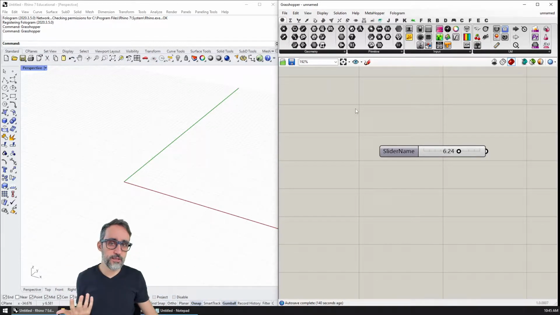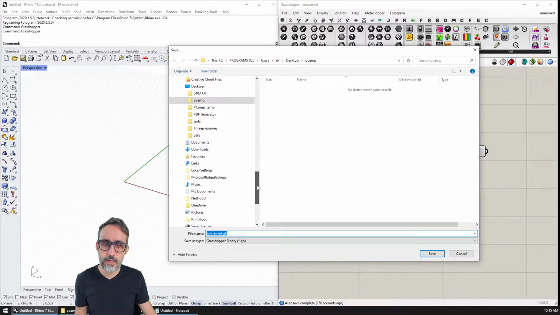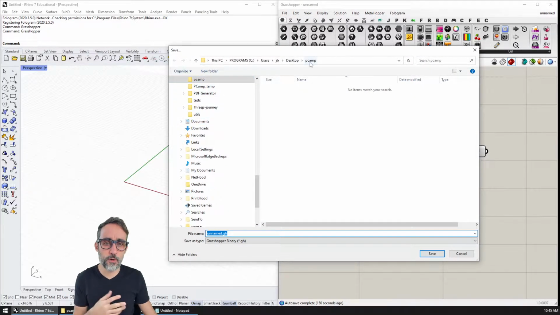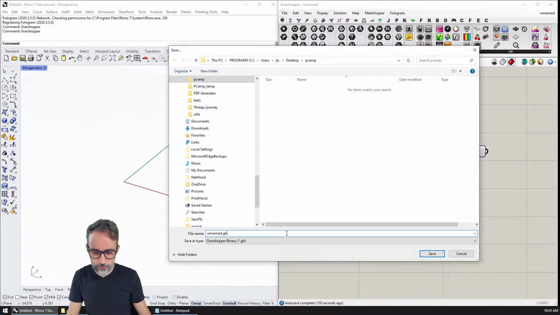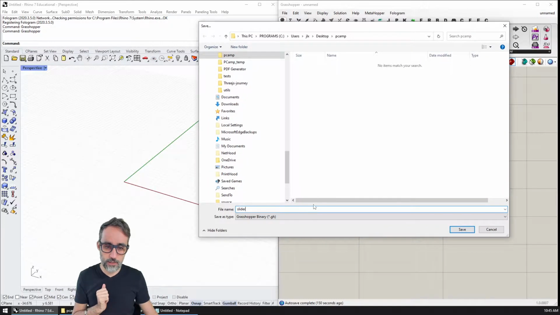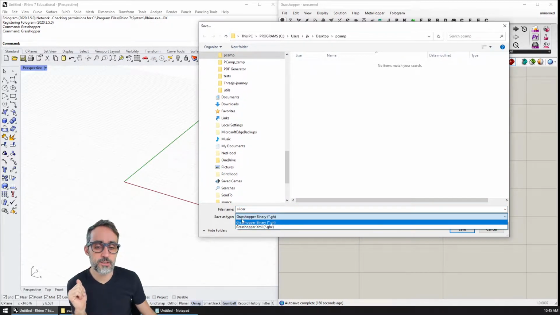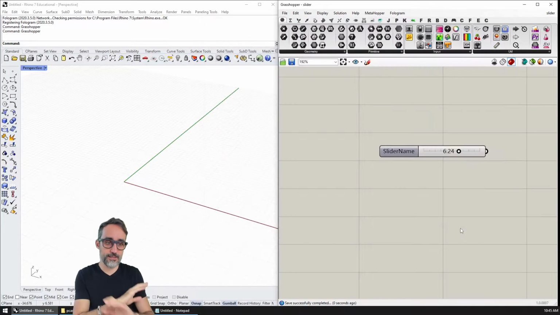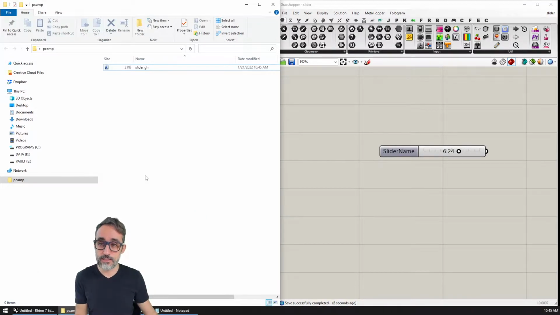By default, if I were to say, I want to save this document in my computer, and I'm going to save it to some folder called Parametric Camp, for example, and I'm going to call this slider. You can see that by default, what Grasshopper offers me is to save this file as a Grasshopper binary, or with the extension GH. If I do that, which is the standard, is the default, is what you get if you don't specify anything, and then if I go to this folder, you can see that now I have a